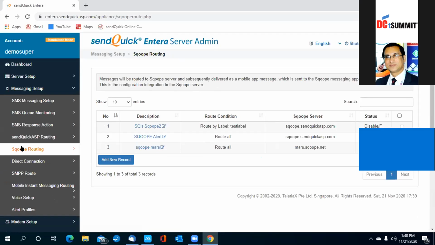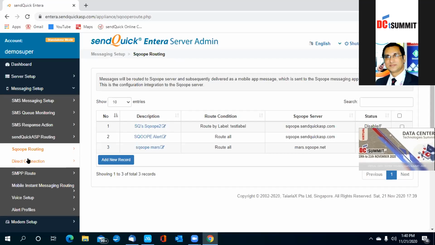So if organizations are very fussy about using public messengers like WhatsApp, WeChat, Line, Slack, etc., they can rely on Scoop, which is a messenger deployed in a closed user group, and send messages via Scoop as well. It's a separate device. Either you can opt for a device on premise, or you can opt for Scoop on the internet